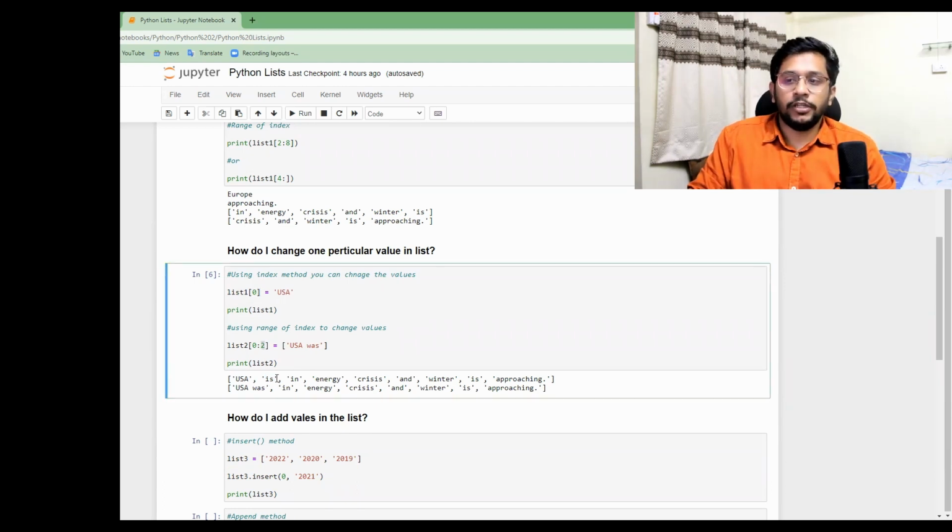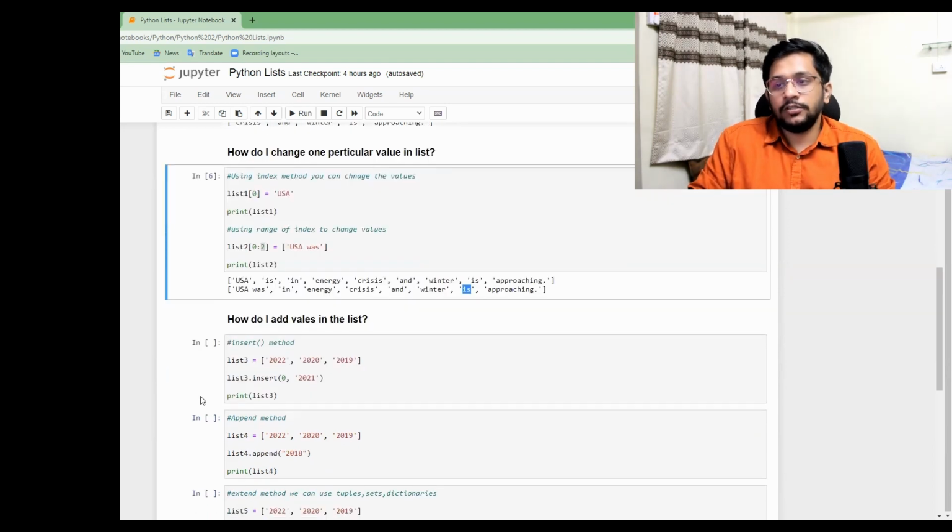It will replace "USA is" with "USA was". So now the sentence becomes "USA was in energy crisis and winter was is approaching." We could also replace this "is" with "was", or maybe the sentence is also correct, but USA is not in crisis. It's just a made up thing that I made.